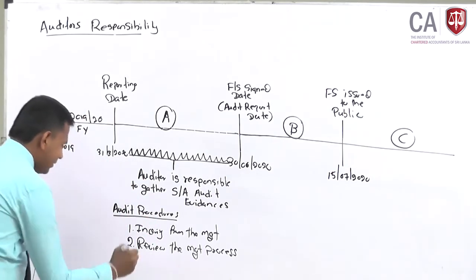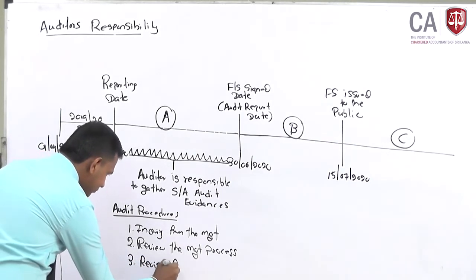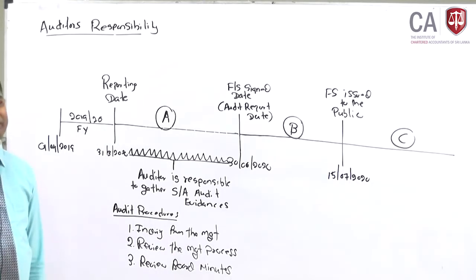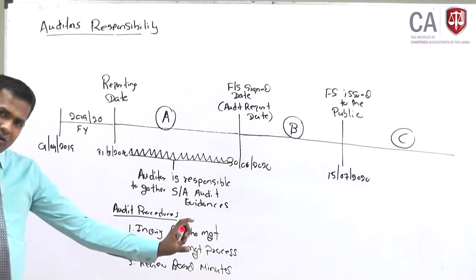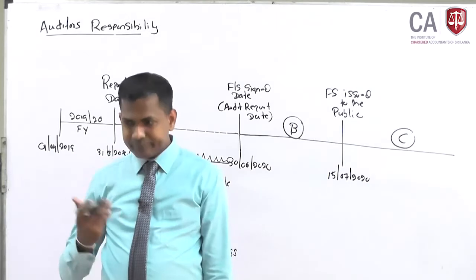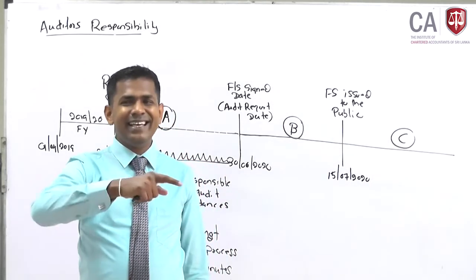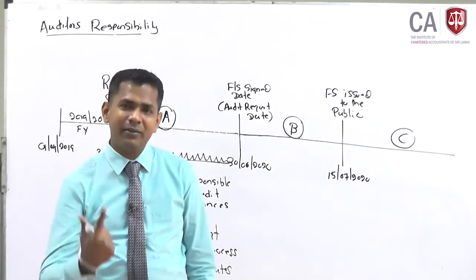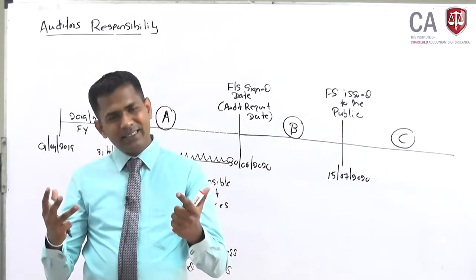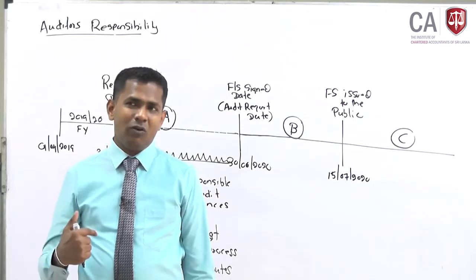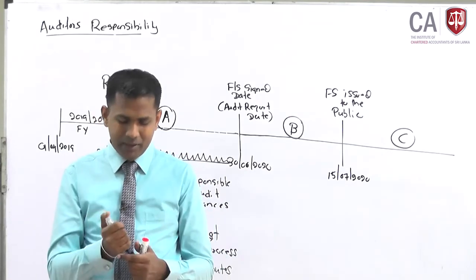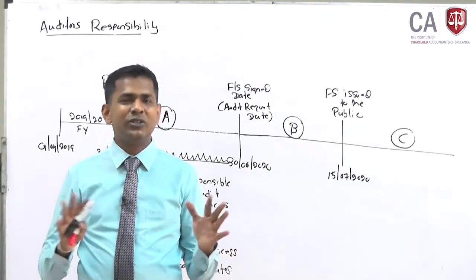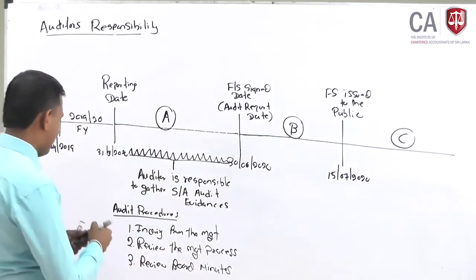Number 3, right? Review the board minutes. Sometimes all the important decisions and all the important incidents happening in the business organization or the environment are discussed at the board meeting. Board meetings are minuted by the secretary. The auditors ask the company secretary or the secretary to the board for those minutes, collect them, and read them to ensure all those are reflected correctly in the finance statement, right? Number 4,